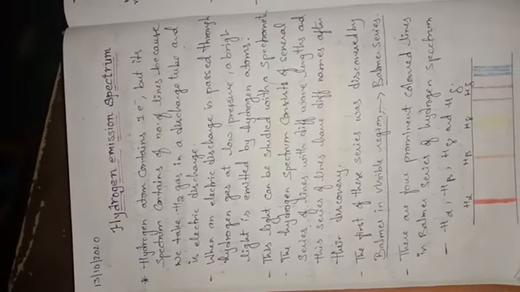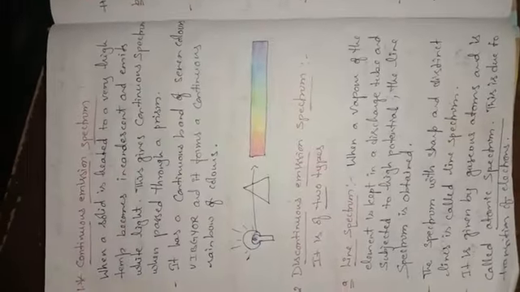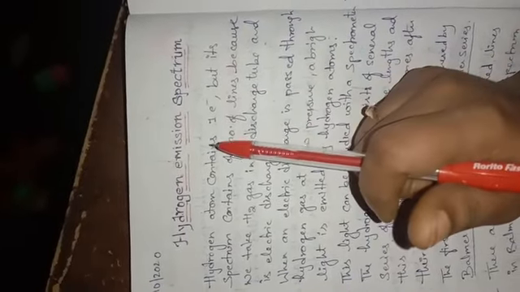Good morning, children. In today's session, we are going to learn about the hydrogen emission spectrum. Yesterday we saw what is meant by spectrum and what the different types of spectrum are. In today's class, we are going to learn about the hydrogen emission spectrum. Here we have taken hydrogen in a discharge tube, and it is subjected to electricity. We are going to study how many spectral lines it gives.